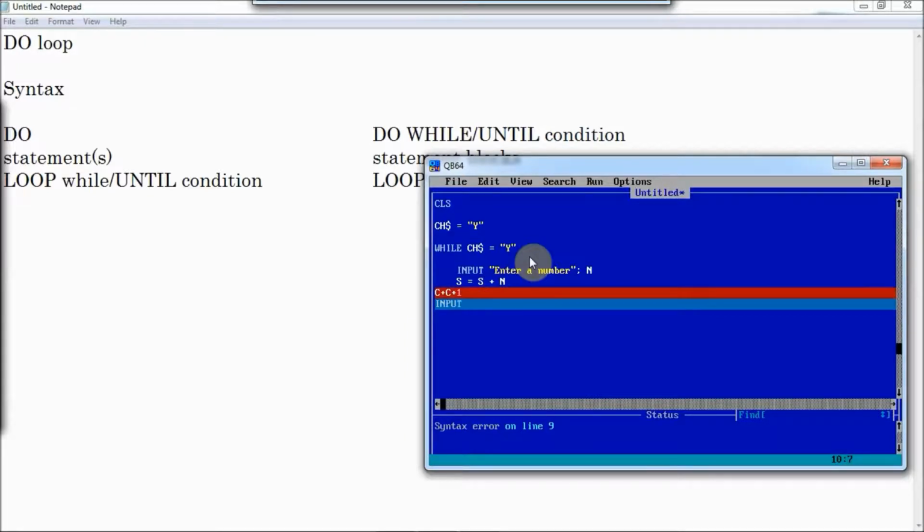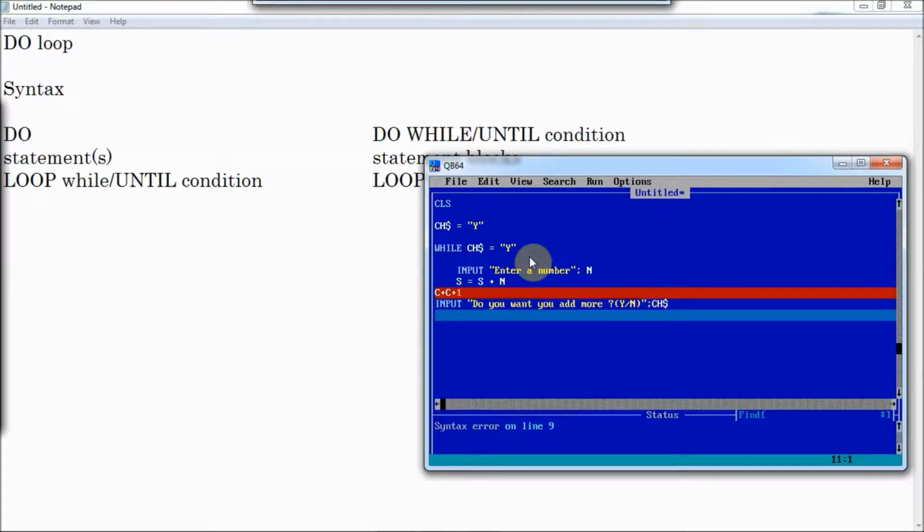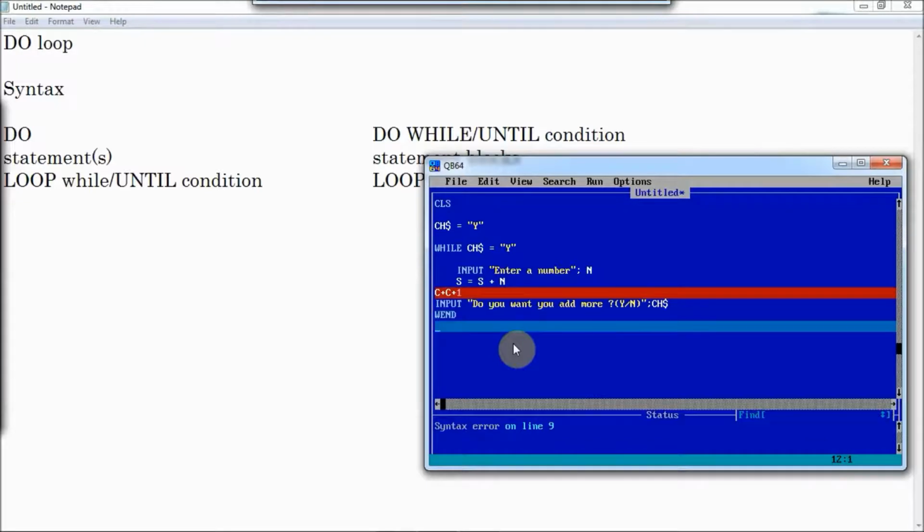Input, do you want to add more? That answer of the user is stored in the variable ch$. Oops, I wrote plus, c equals c plus 1.